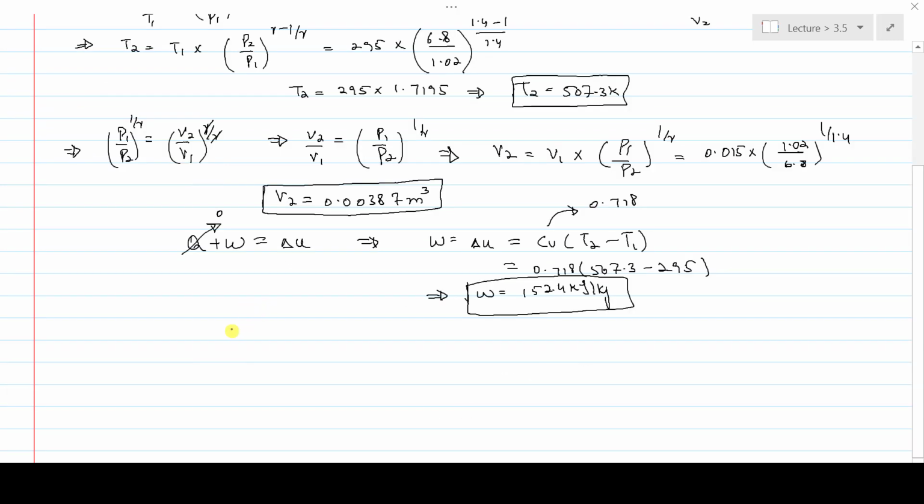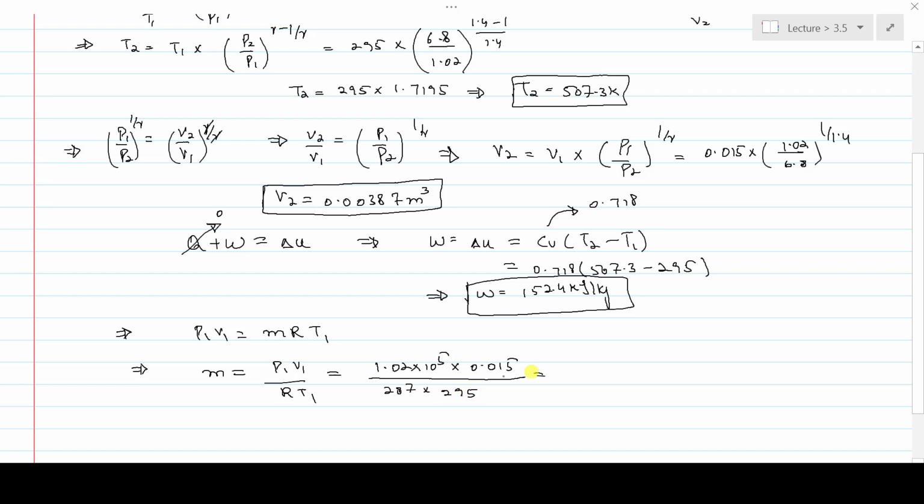Next we need to find the mass, how much mass of air is present in the cylinder. That is equal to P1 V1 equals m R T1. Rearrange this equation for m. What is the P1 value? That is 1.02 bar, multiplied by 10 to the power 5. What is V1? That is 0.015. And the R value of the gas is constant, 287, multiplied with the initial temperature, that is 295. After solving this, you will get the mass of the air present in the compressor cylinder, and it